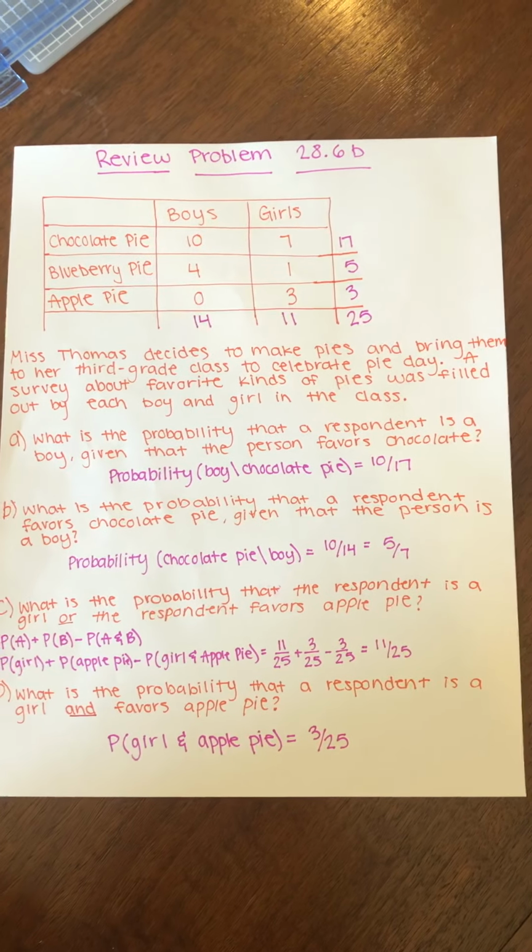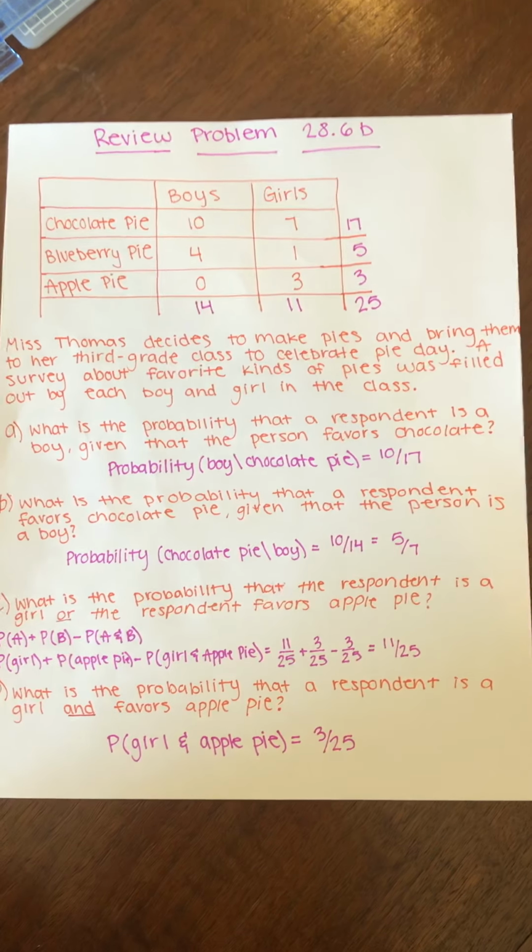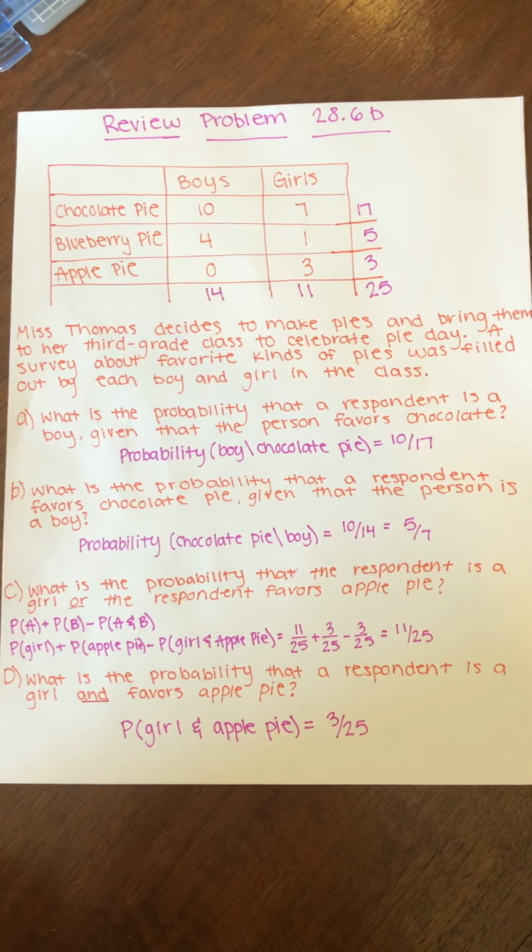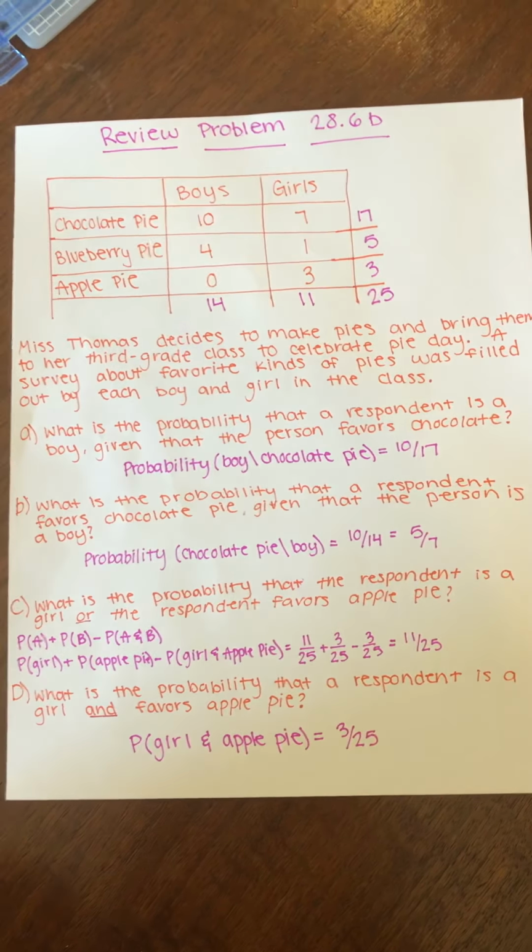So we know that this is a conditional probability by seeing the word given in the question, and conditional probability allows us to find probabilities of events that are not independent, which means that there is an event that has already happened and we are trying to find the probability of the successive event. So to find the probability that a respondent is a boy, given that he favors chocolate